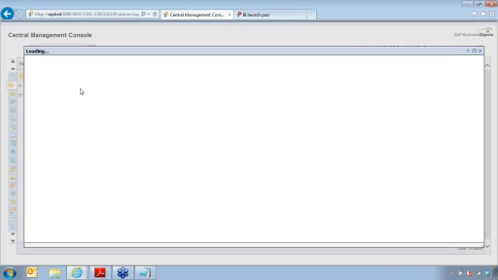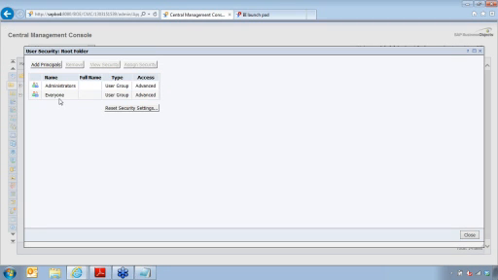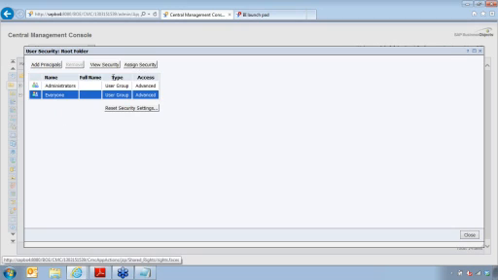The second group is the Everyone group. Now, the Everyone group is right now set to no access because, as I say, if I go back in here, I don't see the top-level folder in here. Okay? So what I'm going to do is change the security for the Everyone group. I'm going to go to Assign Security,